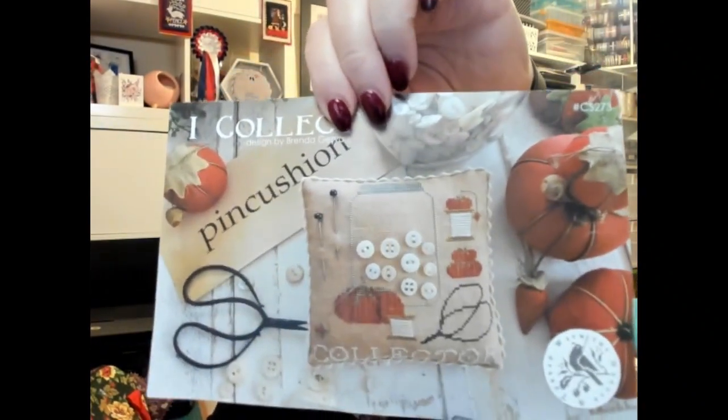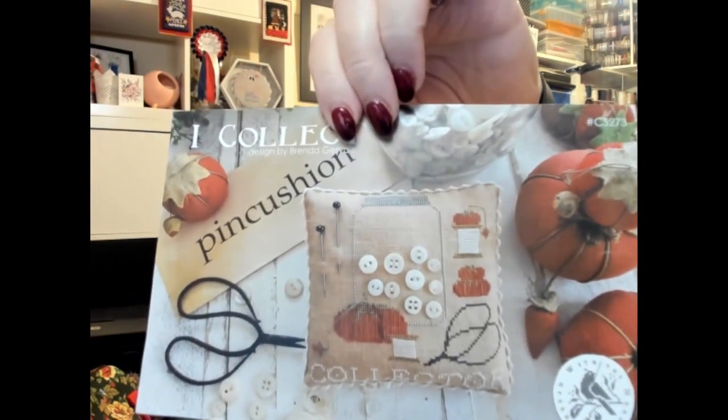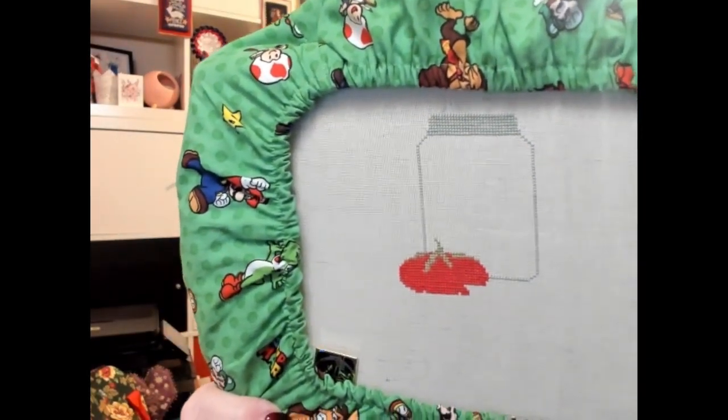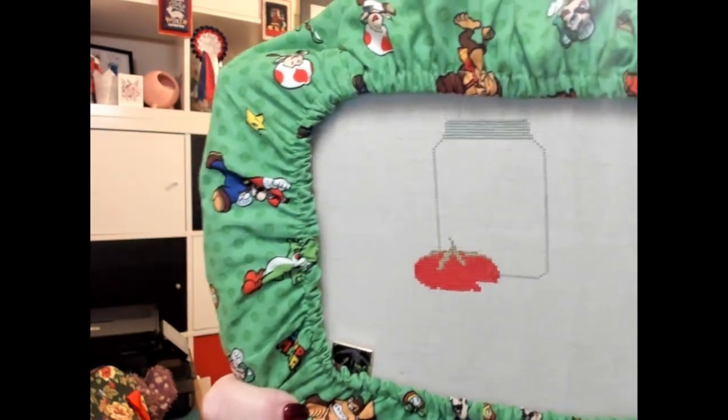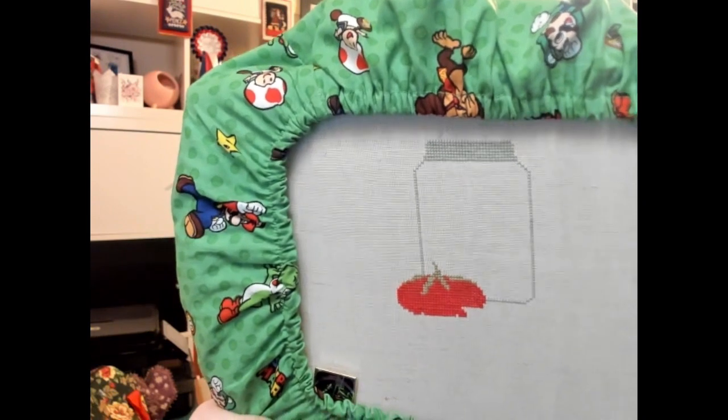Okay, there's the actual project. Love all the buttons. I've got plenty of buttons to go in there. I started this on the 21st of June 2023. Big glasses done, so I don't have a terrible lot more to go, but this is part of the 6